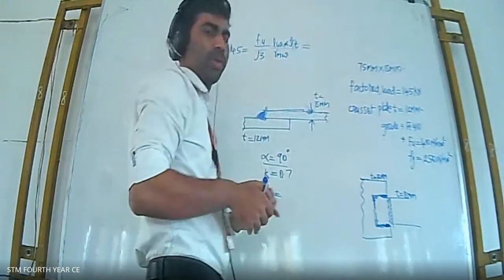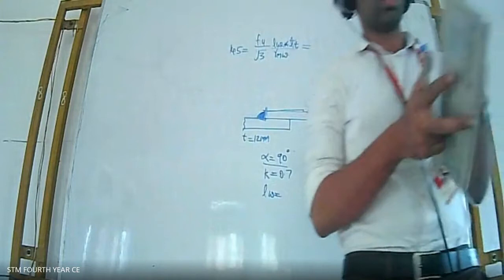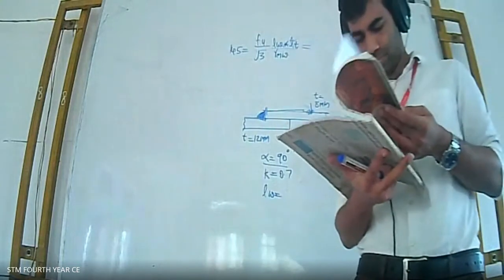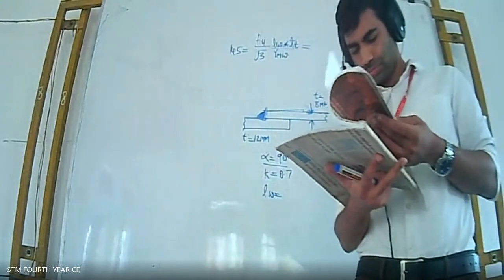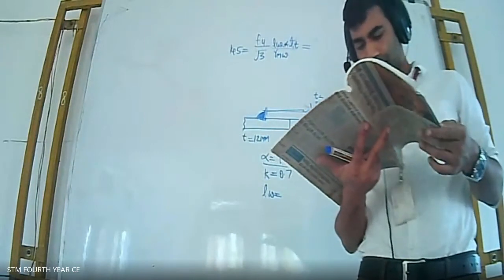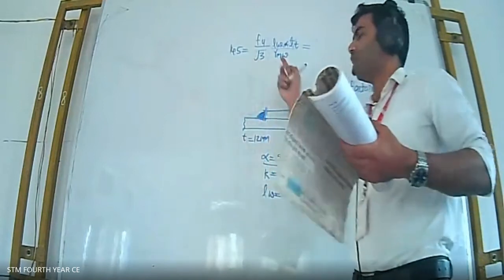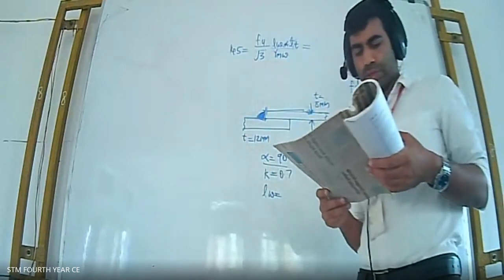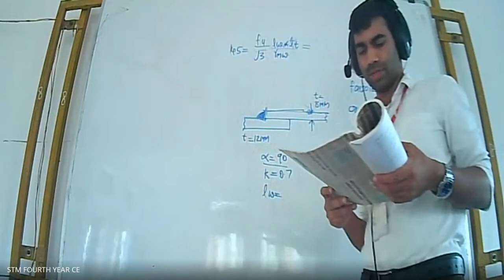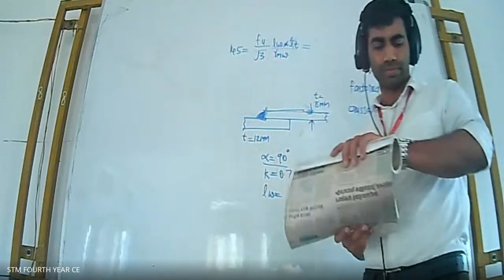So in the page 79, the equation is given that you have to refer to. You can see this equation. Equation is not given directly like this, but indirectly it's given in 10.5.7.1.1. Here you can see fillet weld. In fillet weld.